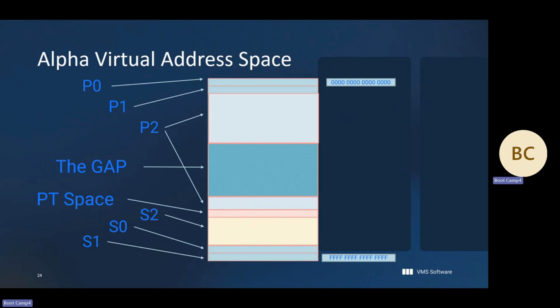Yes, John, it really is. And then S2 space and S0 and S1. I don't know to what extent this fraction gets used, but we go to a lot of difficult calculations to make sure that this is available. I've never seen P2 beyond the gap ever used. Neither have I, but I know the calculations.